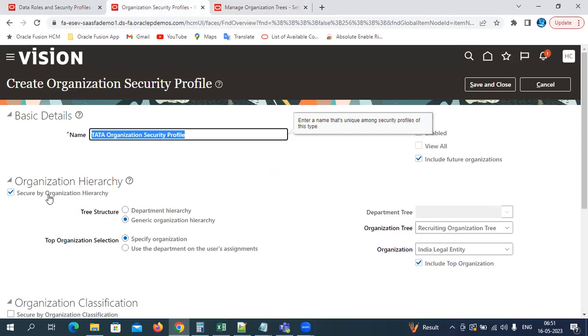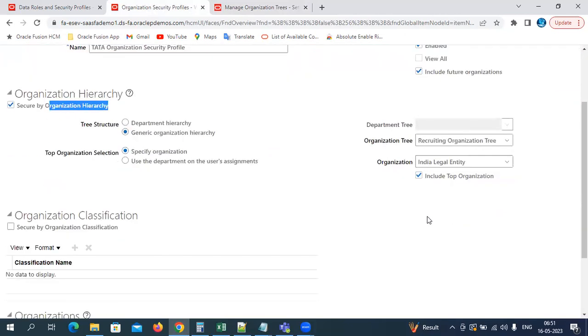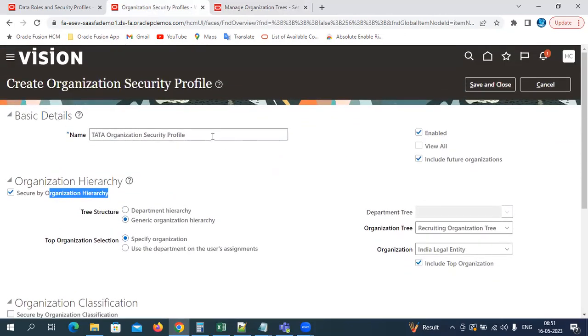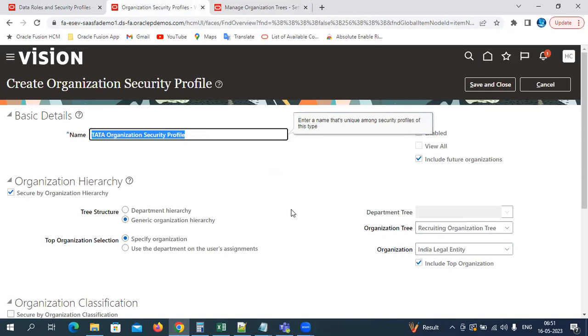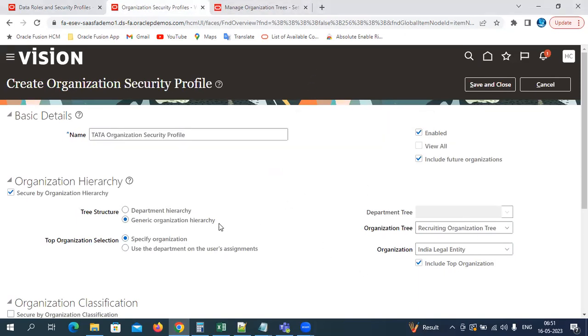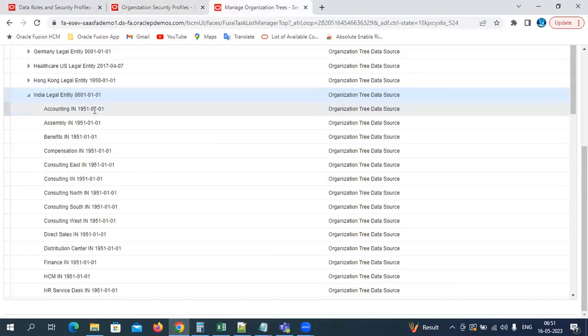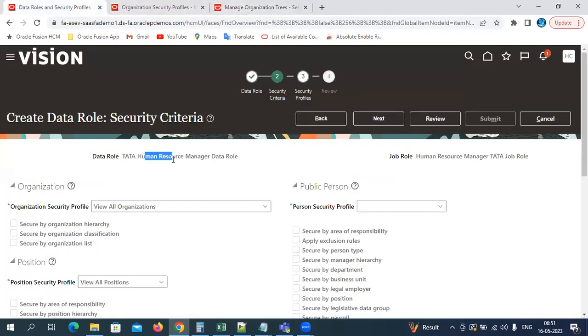So when you are going to use org hierarchy, team, if you want to give access to that role for multiple organizations in the system, then, team, you have to choose the organization hierarchy. The tree that we created, we are using, and the top organization you are selecting here, team. So from that level, whatever we have under that, for all these organizations, the user with this role will have